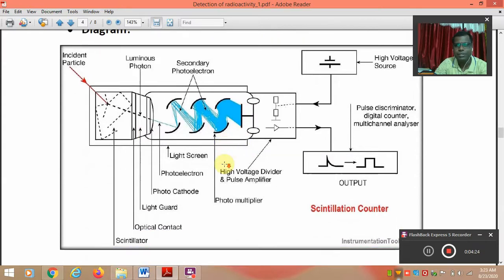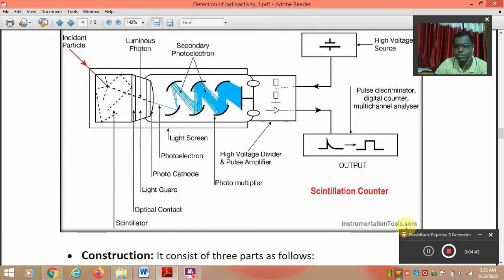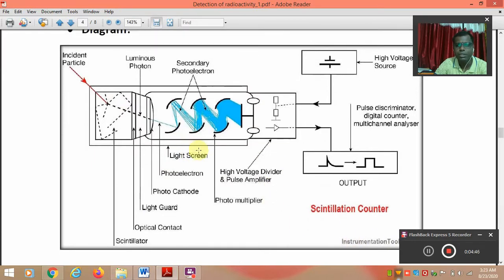This is the total experimental setup of the scintillation counter. In the book you will find a different image, but the actual setup will be identical. I have taken this image of the scintillation counter from the instrumentation tools on Google. With the help of this image I will be able to simplify the scintillation counter very well. So dear friends,